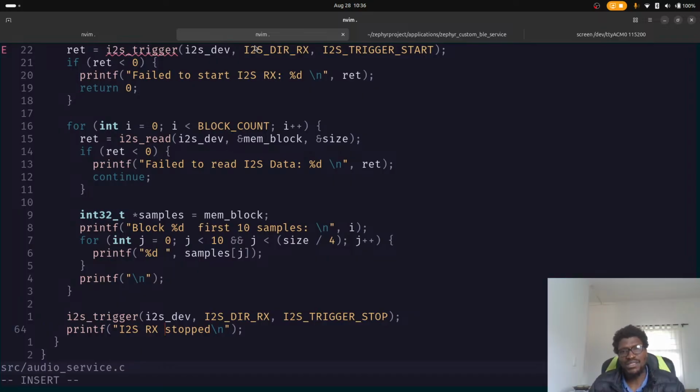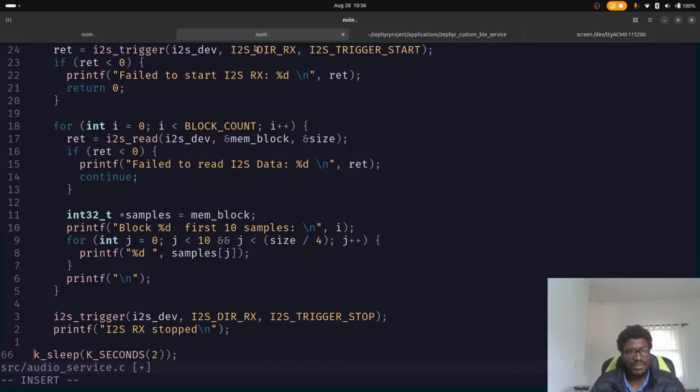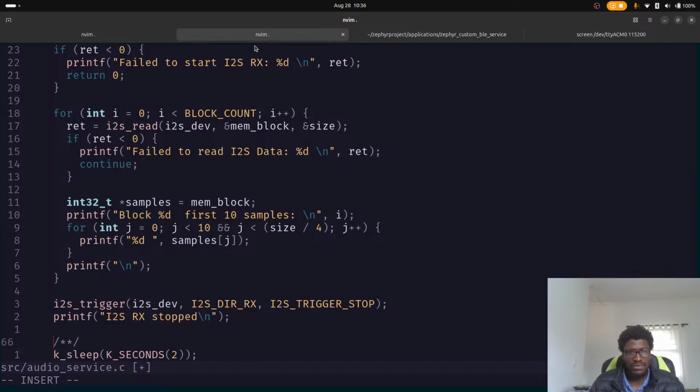Especially on stream, it's way easier to copy and paste code every time rather than type it. Wait 2 seconds, then